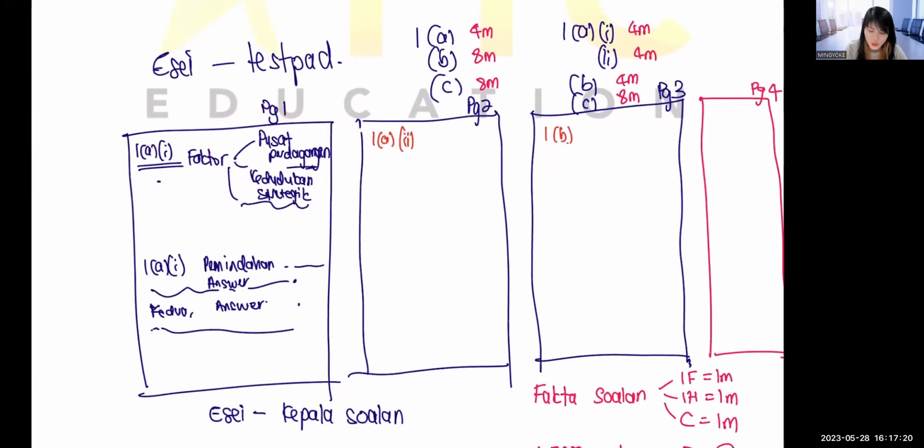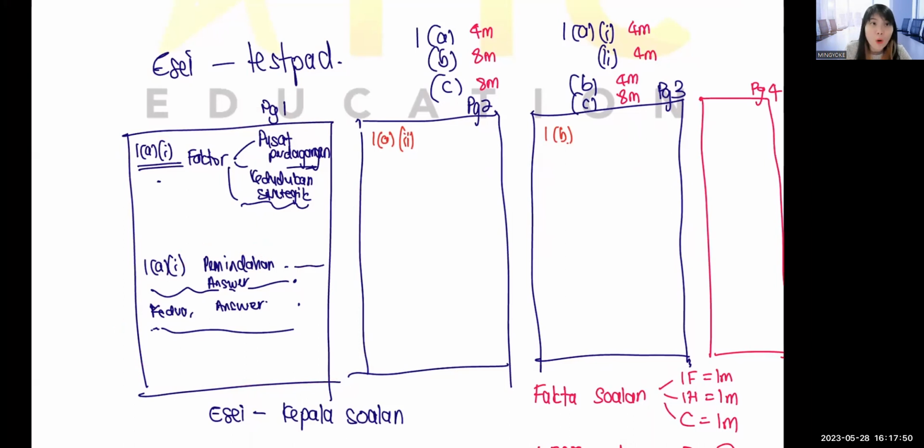Then what you do is you write 1A1 here. Then you start your sentence. Pemindahan, blah, blah, blah, and then answer, full stop. Kedua, answer, full stop, like that. According to the answer from here, you write down here. The reason why is because in an actual government exam, to be honest, at times, if your answer here